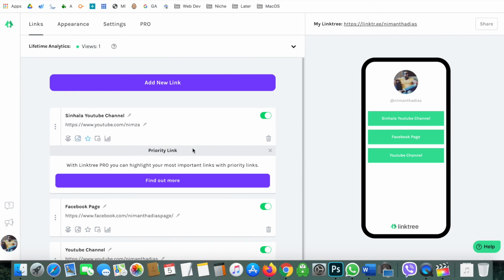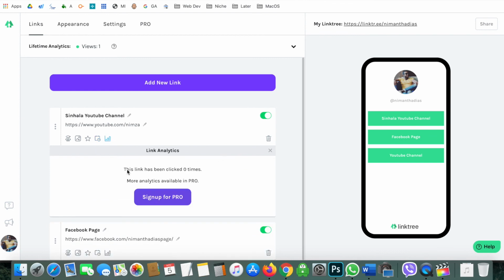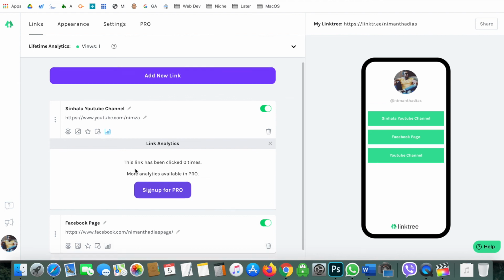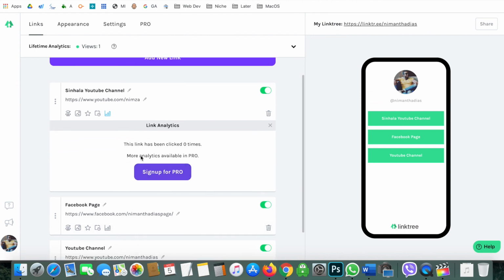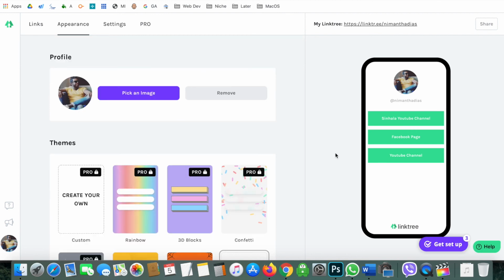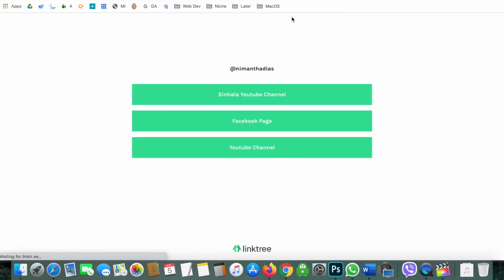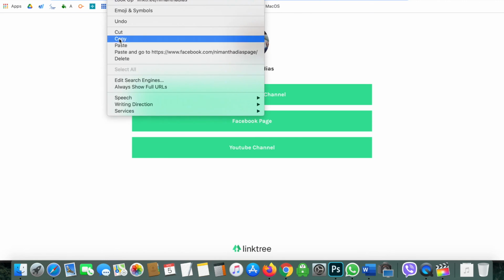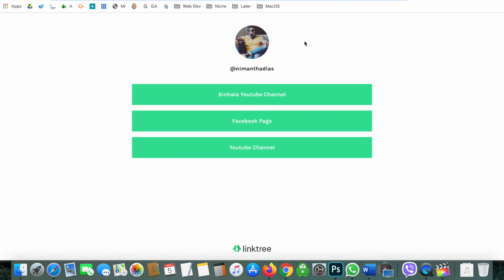And this one, priority link, you can highlight your most important link, you can schedule a link, and here is your small analytics, because it doesn't give you a lot of details, but it says more analytics available in Pro. These are actually mostly coming from the Pro plan, so they are promoting Pro plans there. Okay, so we can click the link. Nice, super.